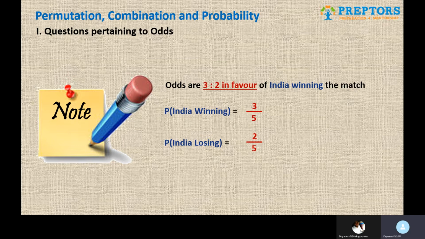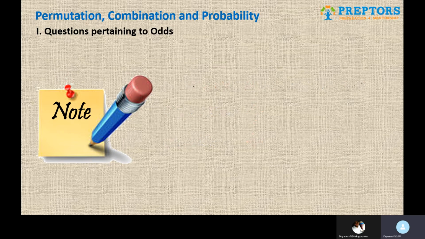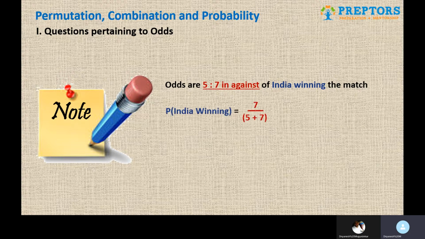Similarly, the different type that we can explore here is basically odds are 5:7 against India winning the match. So as usual, first number, which is 5, and because the wordings is against, that means India will lose the match. The probability is 5/12, and India will win the match, the probability is 7/12, and this is how you figure that out. So the only part that you are going to remember is what the first number in the ratio is, and whether the wordings are in favor or against of that particular event happening.